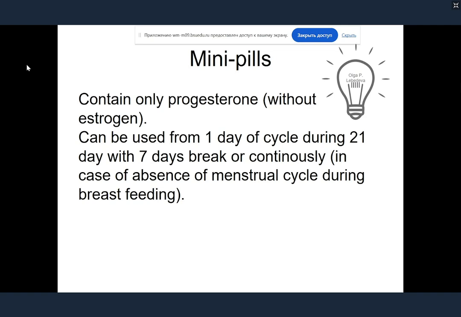So what is good concerning mini pills? As they do not contain estrogen, only progesterone, they can be used by those patients who have contraindications for combined oral contraception. Combined oral contraception contains 2 medications, estrogen and progesterone, such as Irina, Jasmine, Jess, and so on. Mini pills, Cherazeta and Dexcliton,